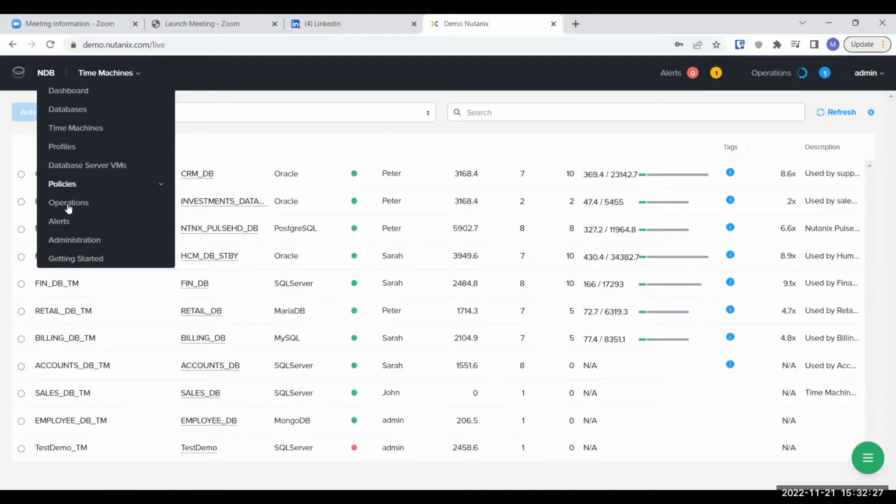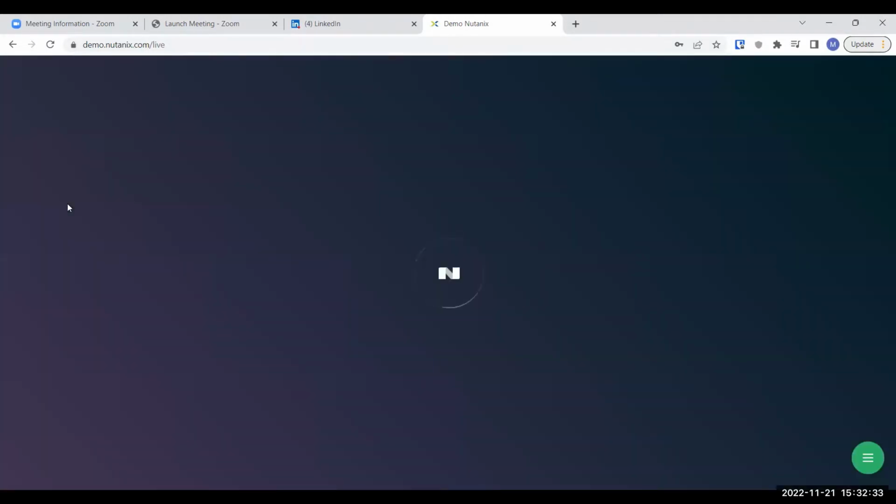And in the operations, as I said, everything is visible, whatever is happening in the background. When you provision a database, you can see what's happening when you provision, clone, or patch a database. What the server is doing, what Era is doing, everything will be visible here.